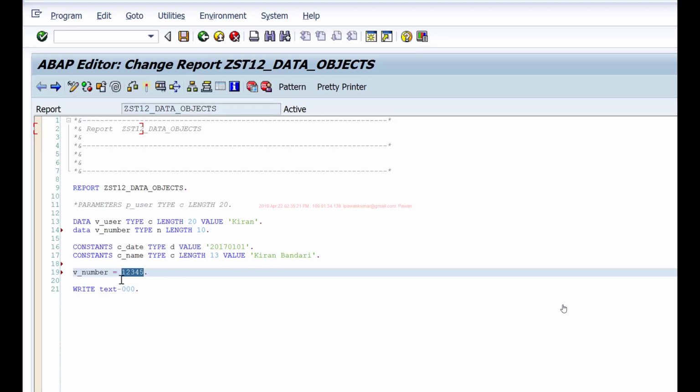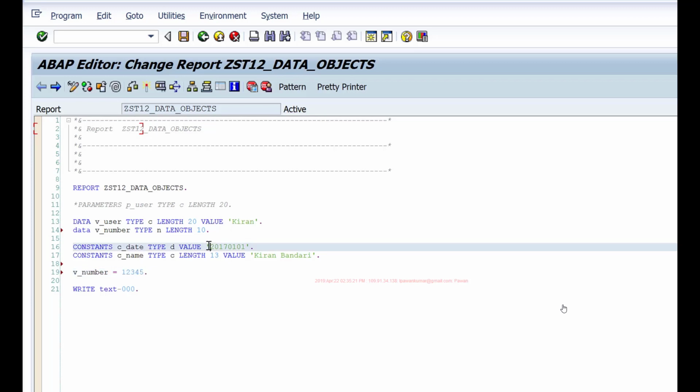Whereas if you keep it in a single quote, we call this a text literal. So it will be treated as text, type C field. Whereas if I don't use the quote, it will be treated as a type N field, numeric field. So this is a numeric literal, whereas this is a text literal because I am using a single quote.